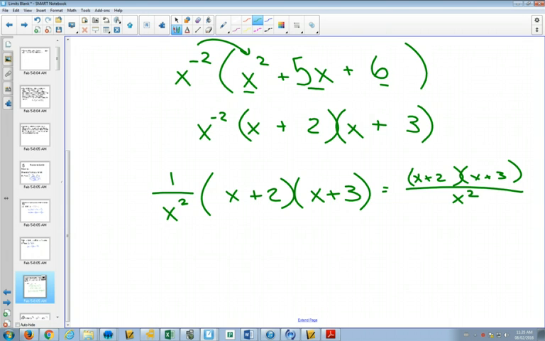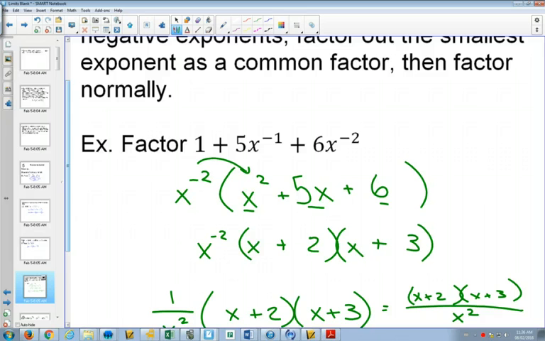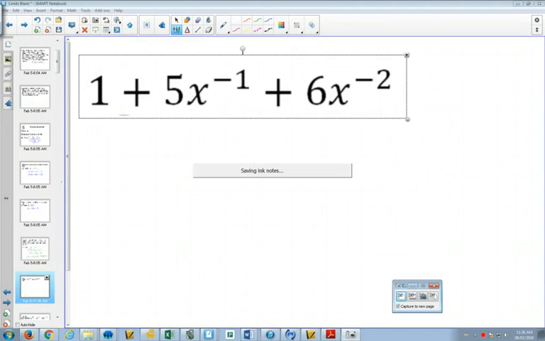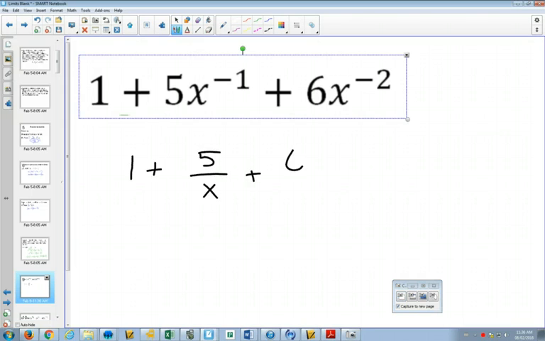Okay? So what I'm going to do now is show you this exact same question without the factoring out, and connect it to something that you've done before as well. So you can choose to write this down if you want, but we're going to start with this same question. And instead, I'm going to start by writing it as this,